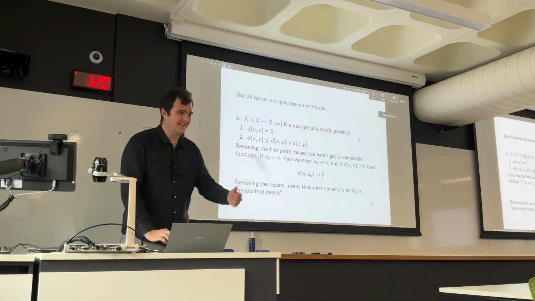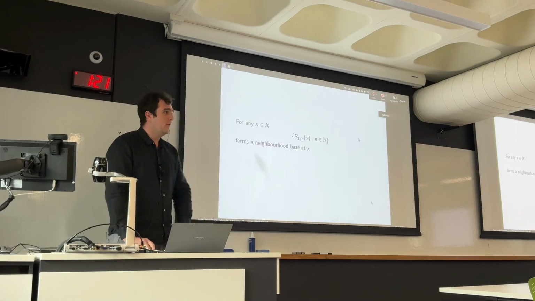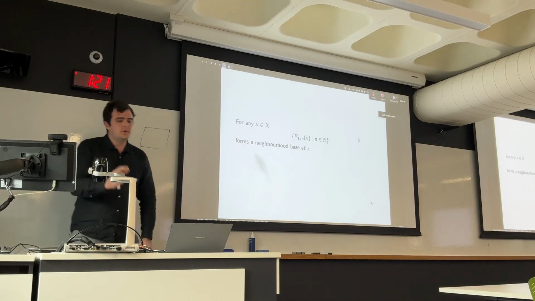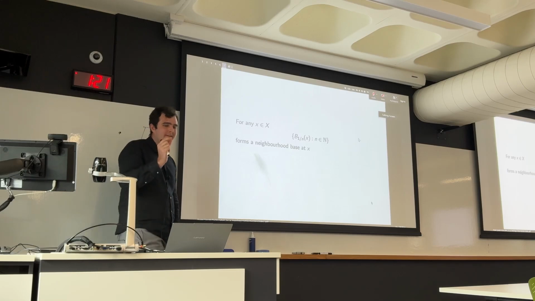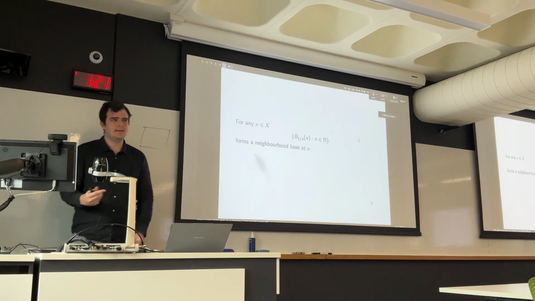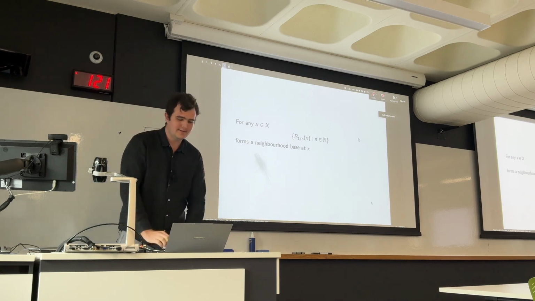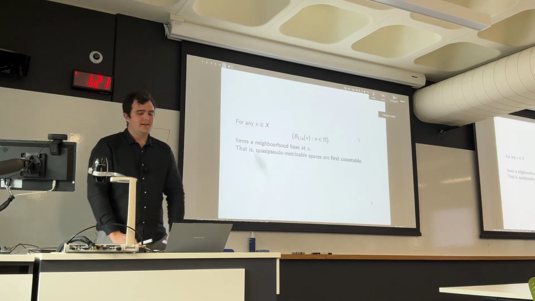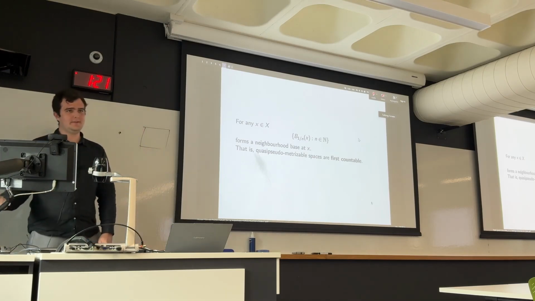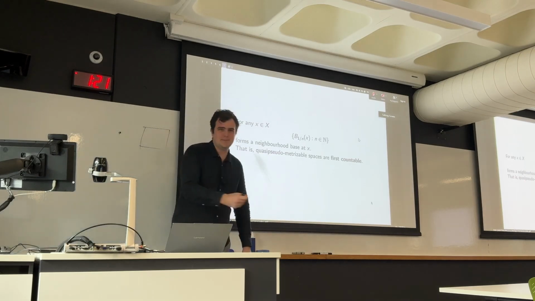Okay, but let's go to this example that is not quasi-pseudometrizable. And the way you show these is, for any x, look at these balls of radius 1 on n. This forms a neighborhood base at x. You can shrink down along these 1 on n sequences, and that forms a full neighborhood base. So what you get from that is all the quasi-pseudometrizable spaces are first countable. So if you want an example that's not quasi-pseudometrizable, take a space that isn't first countable.